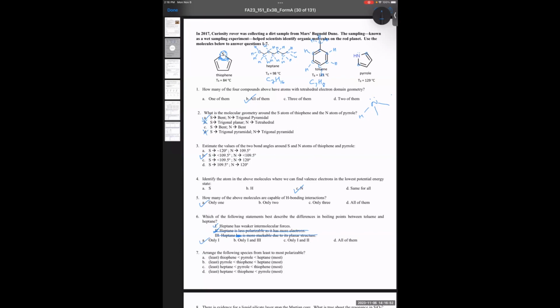Question 7. Arrange the following species from least to most polarizable. So now it's about the number of electrons. Heptane seems to have a lot of electrons, but let's count the others as well. So we have carbons over here, meaning there should be carbon-hydrogen bonds. Okay, so the formula is C4H4